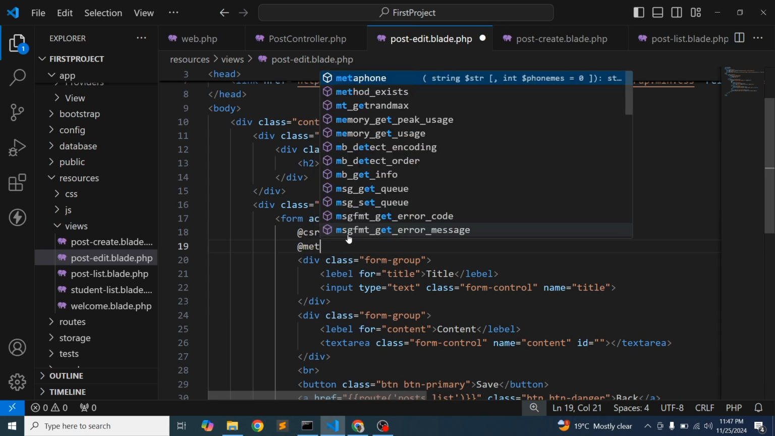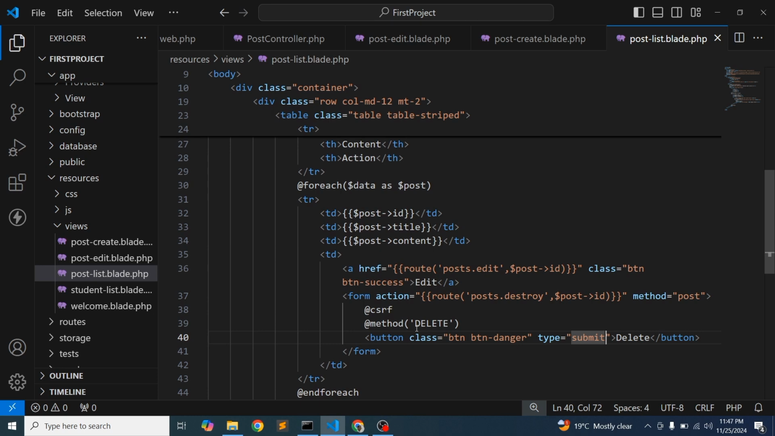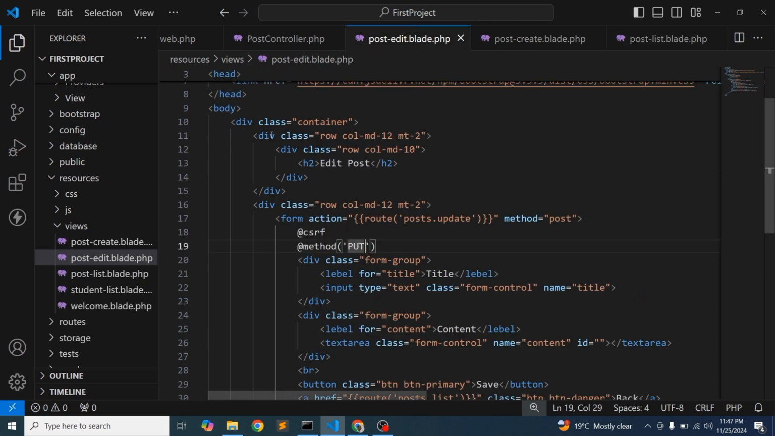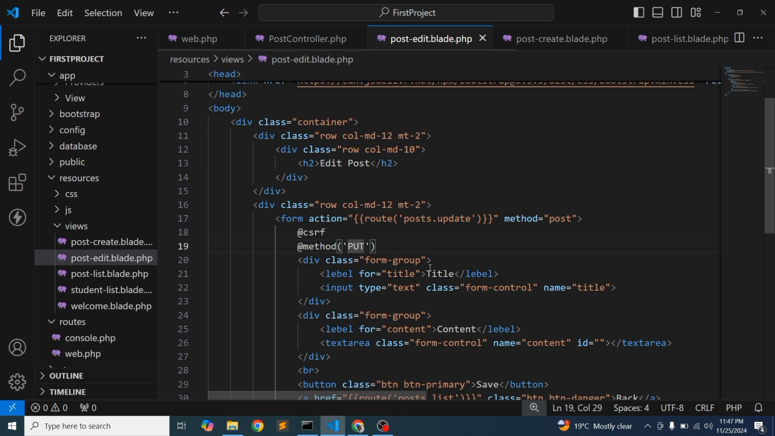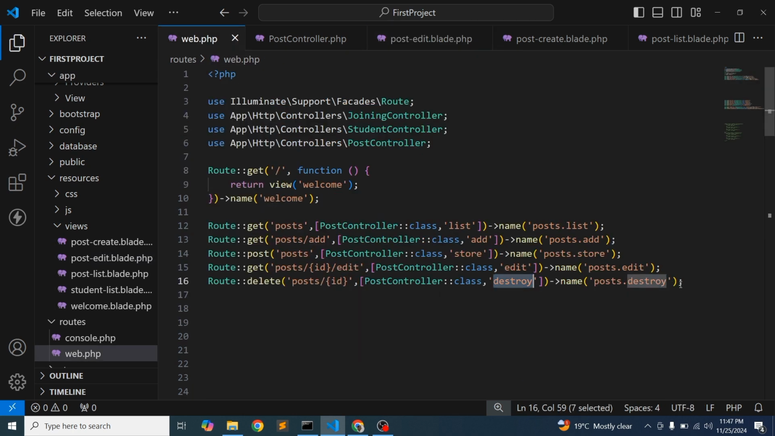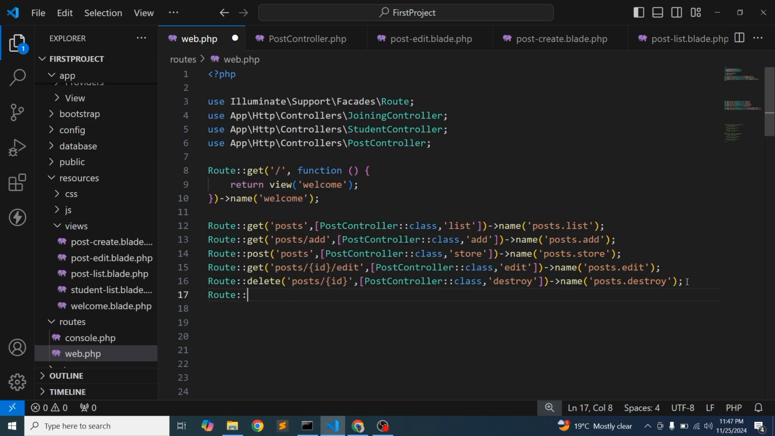So simply write method name, and here just use the put. Just like the delete method we created in the listing page, we are using the put method. So in the web.php we need to mention that, so we created the post update and using the put method. Okay, so simply write route put method,